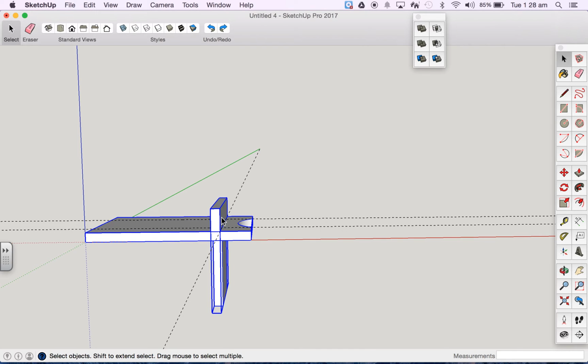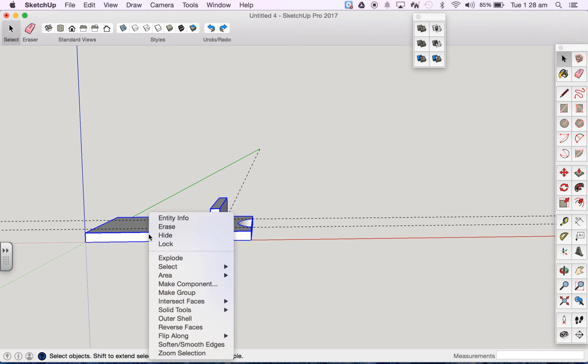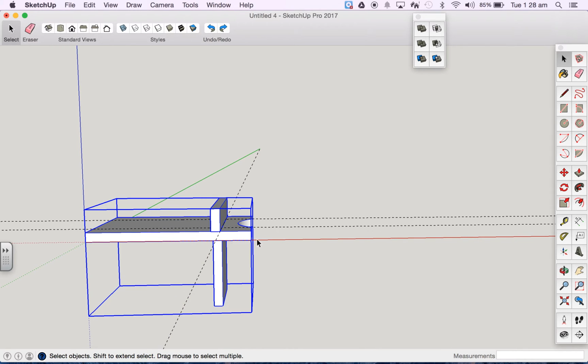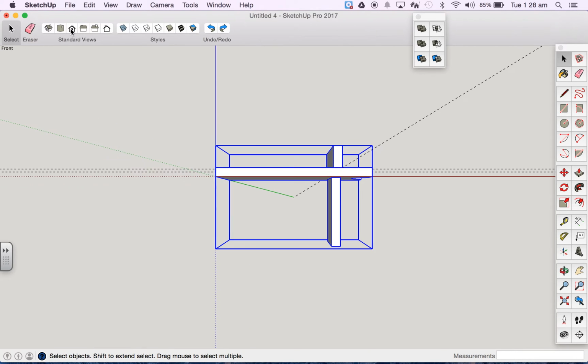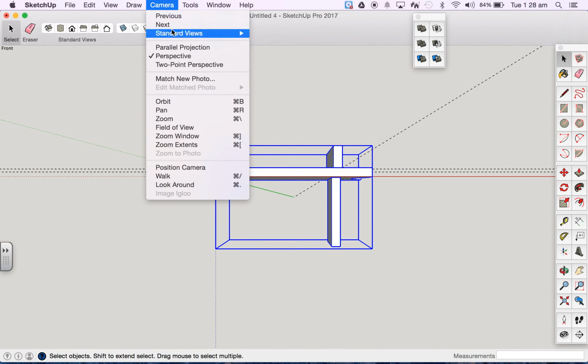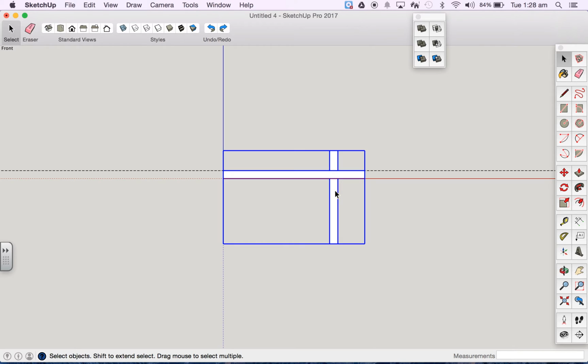So if we select the two groups by selecting one and then shift-clicking the other one, we can now control-click and make that a group, which makes it easiest to rotate. It's even easier if we look from, in this case, the front perspective. We're looking at the end there, and we're going to change this camera to parallel, just less confusing. We're going to go Q, from that point there in the green direction,